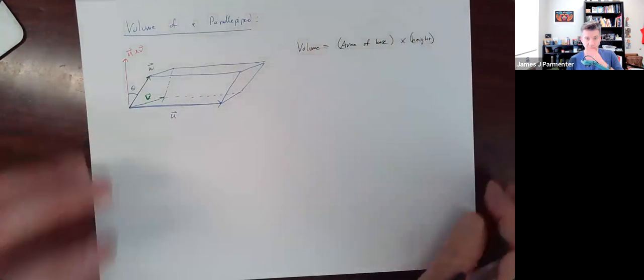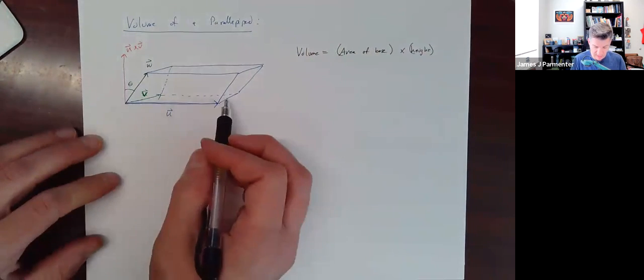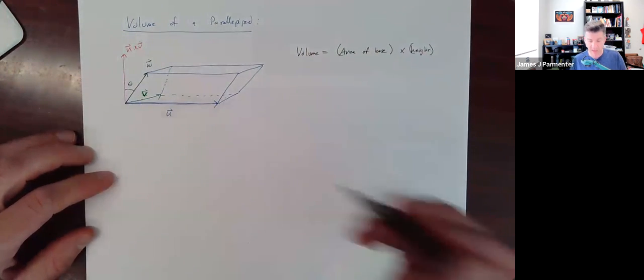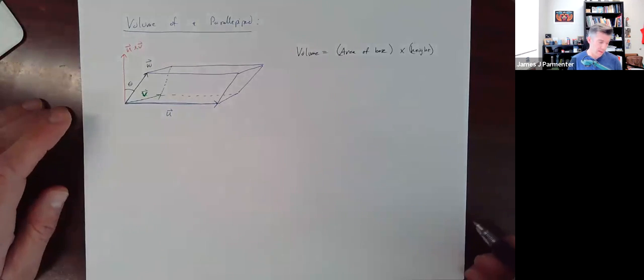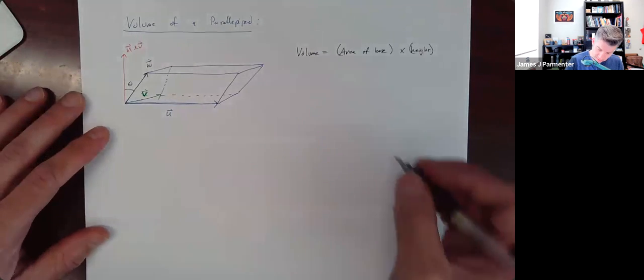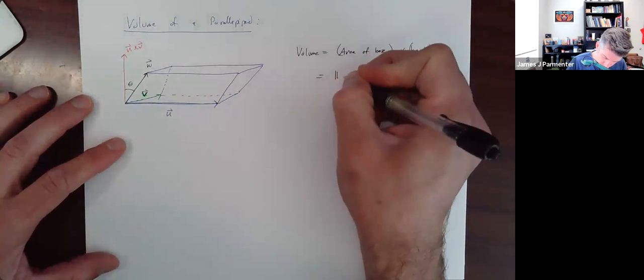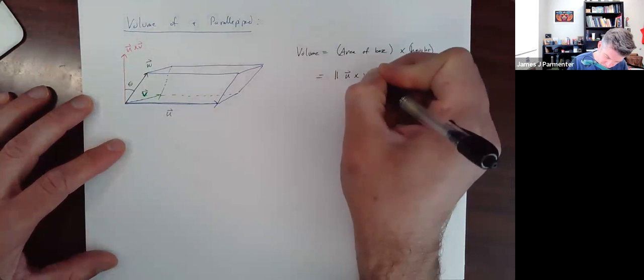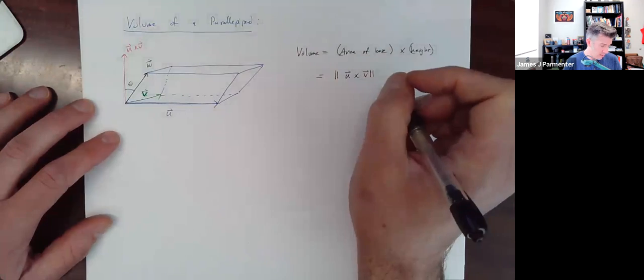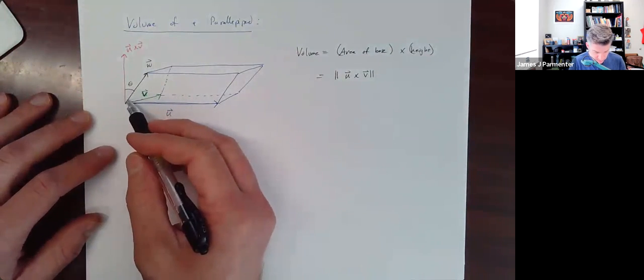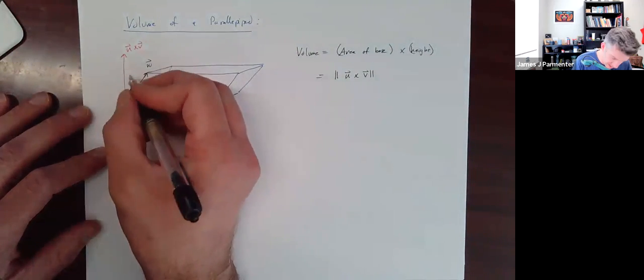But as we saw previously, the base is just like a parallelogram, and the area of a parallelogram is the magnitude of the cross product. So that's going to be the magnitude of U cross V. And then the height, well, let's see. If I want to find the height here,